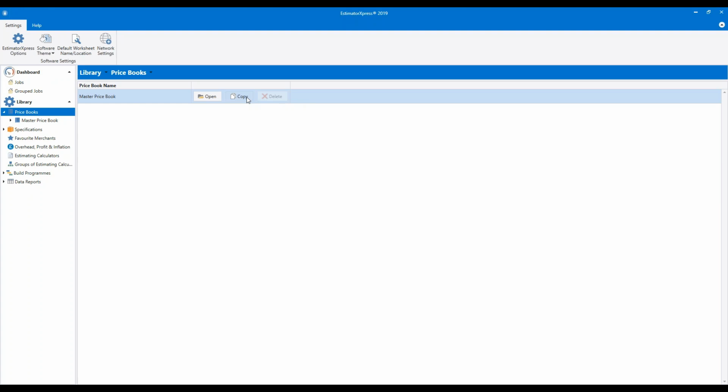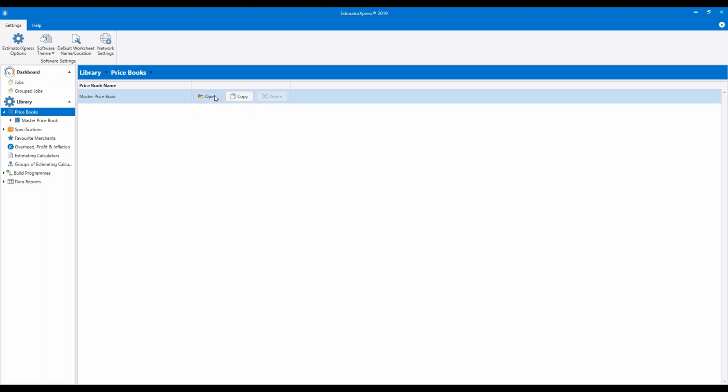However, we recommend that for 99% of our customers, the easiest way of working is to stick with the master price book and just use the master price book. The reason for that is if you copy the master price book, create your own, you will then be responsible for keeping those prices up to date. You'll have to keep the entire price book up to date. When you do any price downloads, that won't have an effect on your own price books. So that is obviously a rather onerous job. And for that reason, we suggest in most cases, you're better off using this master price book and adapting it, tweaking the prices so that they are matching what you pay.